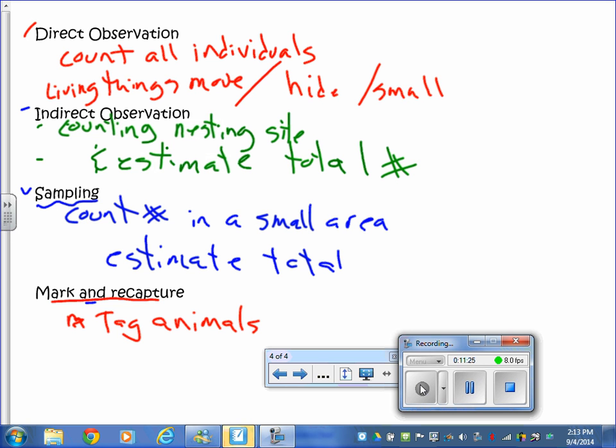Yeah, and that's a little confusing. On the worksheet, it's the one that says counting the hawks with and without bands. But basically, you're going to capture some of the animals and tag them. Like on birds, they put bands around their ankles. Deer, they'll put a tag in their ear. And so you tag animals that you catch, you release these into the wild, and then you count how many